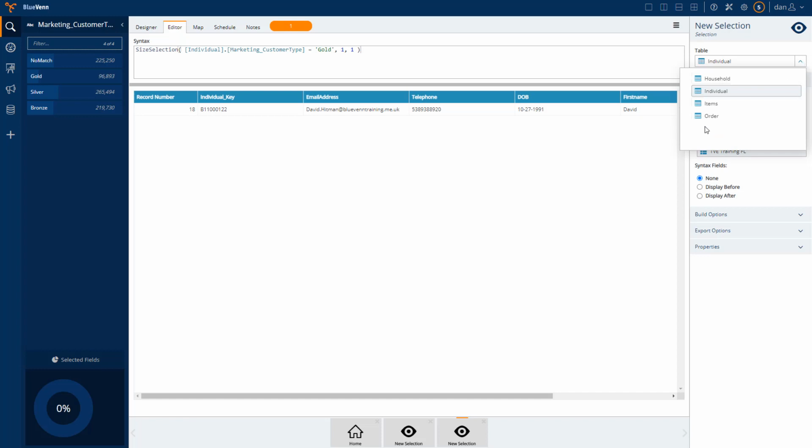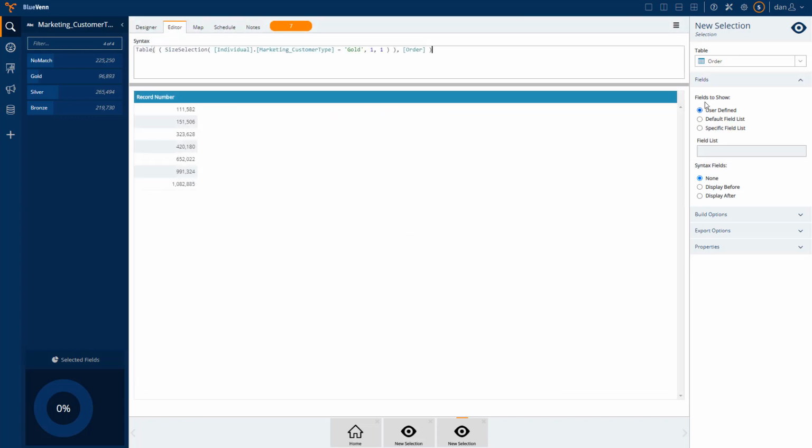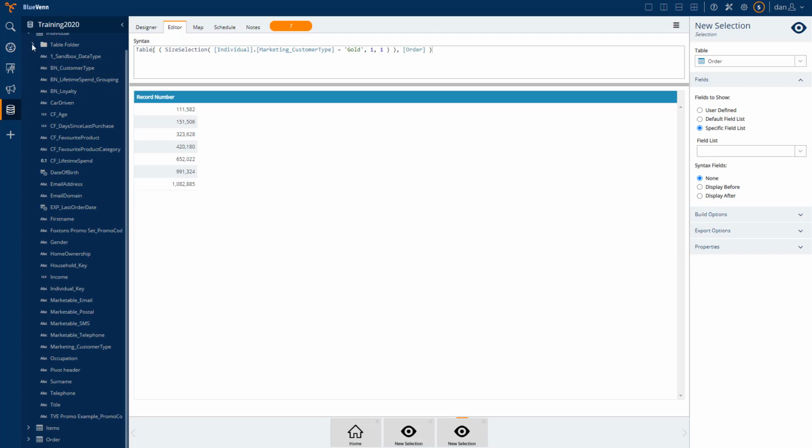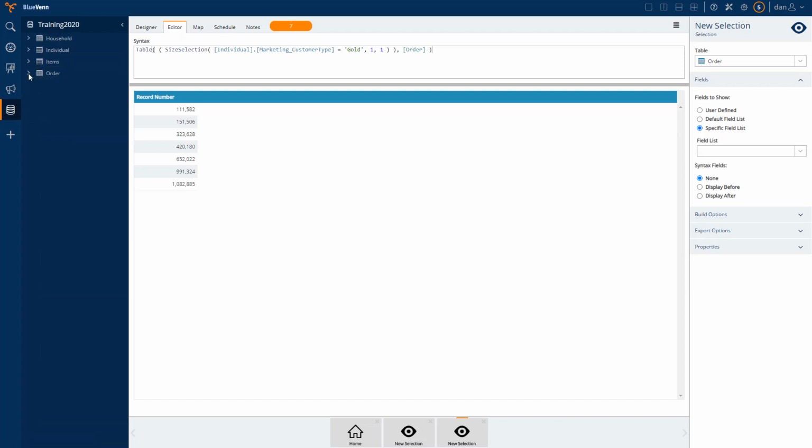So using our table dropdown, we can change to, in this case, the order table. So now instead of just viewing David as an individual, we are looking at all of the orders that are placed that link within David's account. So if we go to our data, we could select our order table